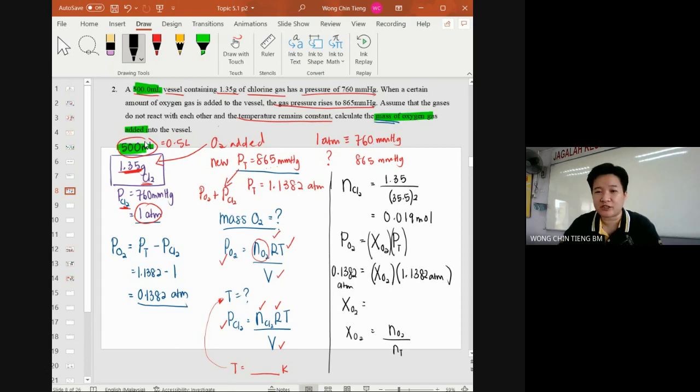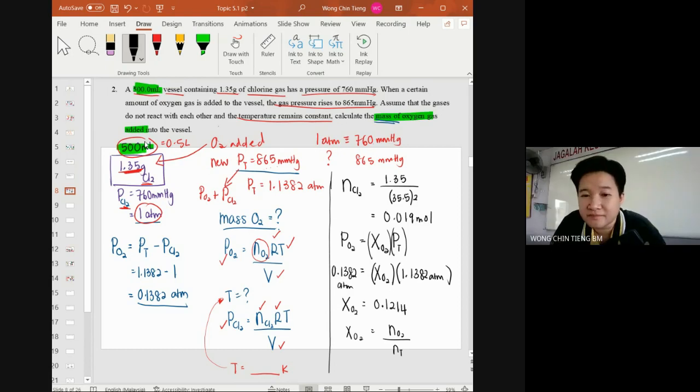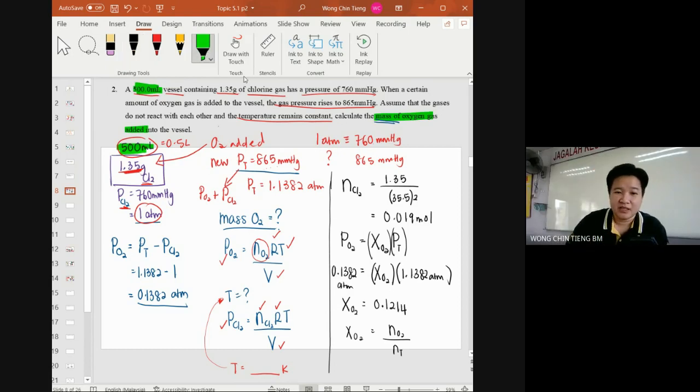Anybody? Mole fraction of oxygen gas, please. 0.1214. Setuju? Got it. When you get the mole fraction of your oxygen gas, knowing that the mole fraction is equal to